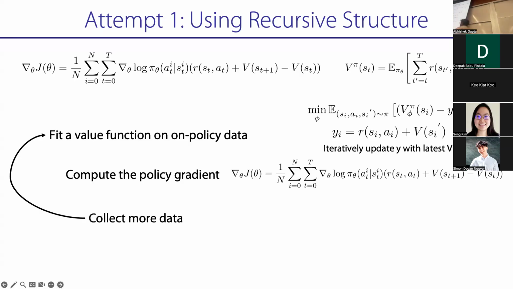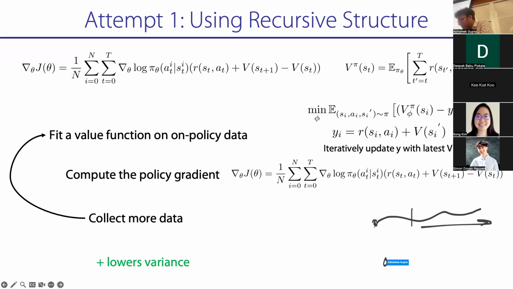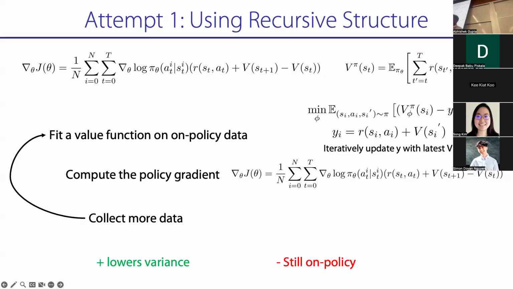So where this is good is that it's lowering variance. As we drew earlier, a single sample estimate would only compute this. Here, you're doing something that looks a little more like this. So you're lowering variance, but as we just got to, it is still on policy. I still have to collect data every single time, and I'm only using my latest data. If you remember the V equation on the top right, S prime has to be drawn from my current policy pi. It can't be drawn from some other random stuff.